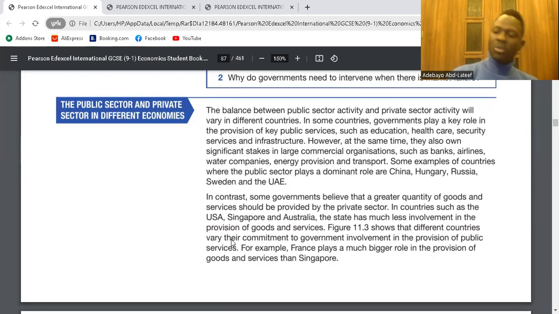So government will decide. If government thinks that they won't be able to do these things, that they are inefficient, government will hand it over to the private sector. If the private sector becomes inefficient, the private sector will hand it over to the government. So that is where privatization comes in. So there's privatization, there's nationalization. But these days, we talk more of privatization because it is expected of the private sector to be more efficient than the public sector. Is it clear? So that's the story about the public sector and the private sector in different economies. Any question about it?